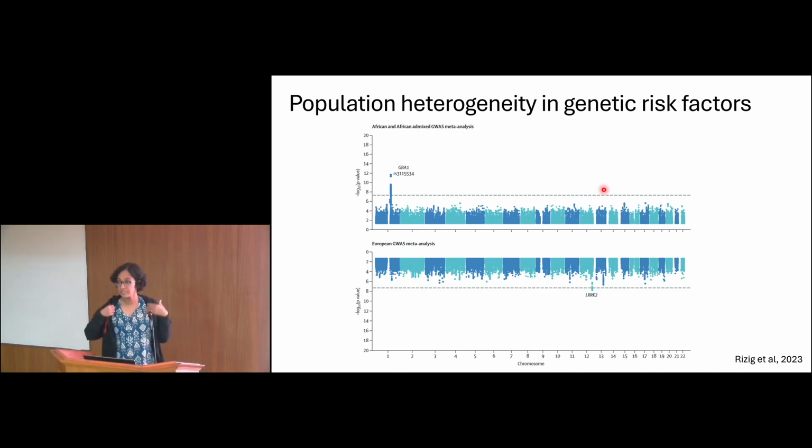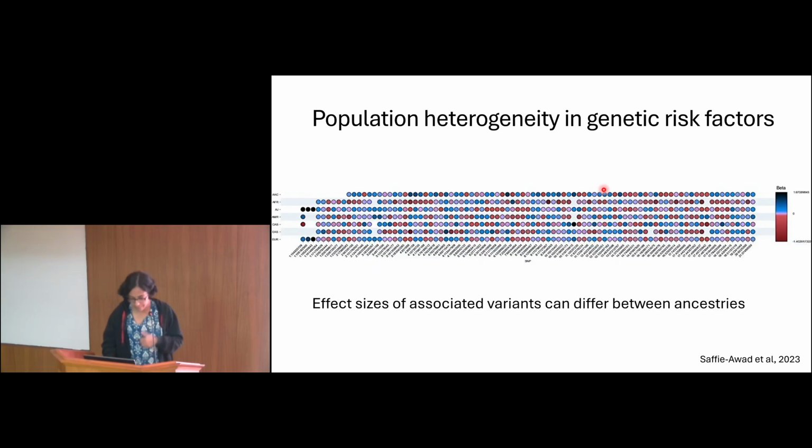So an increasing theme in the PD genetics community has been to increase this diversity. How can we make Parkinson's disease genetics equitable so that the clinical and the medical benefits from it can be applied throughout the globe? In fact, the same group also looked at those 90 risk loci associated with